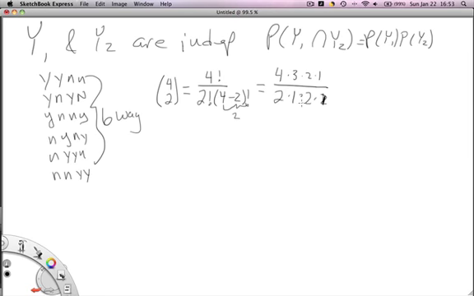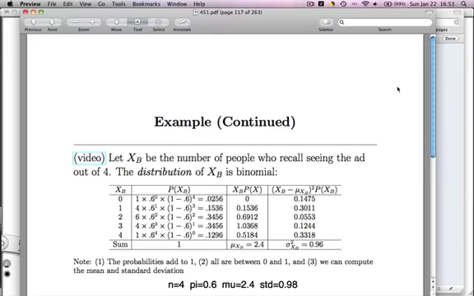That 1 crosses out with the other 1. The 2 crosses out with the 4, and we're left with 2 upstairs. And so 2 times 3 is 6, and sure enough, the formula works. So moving on,